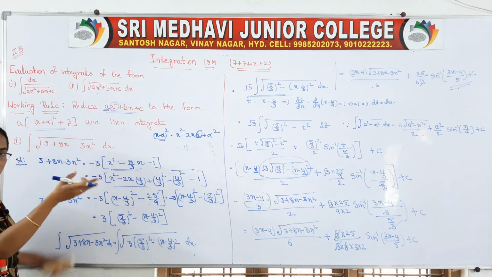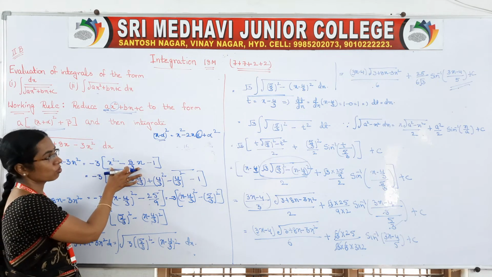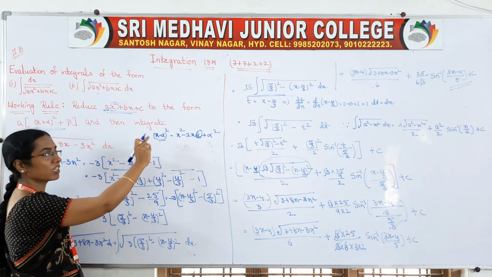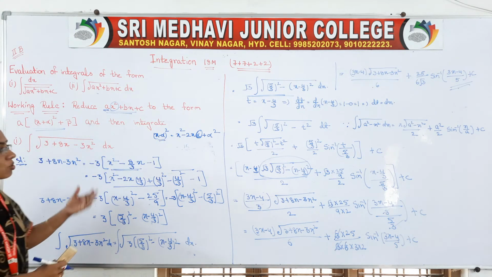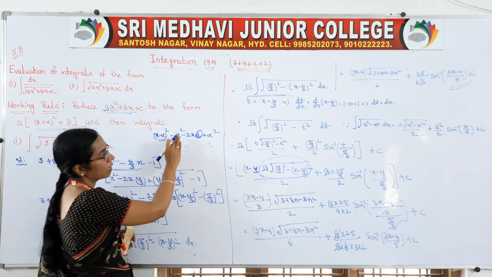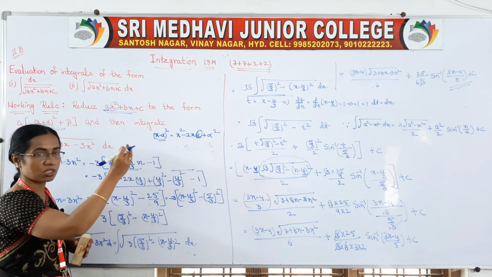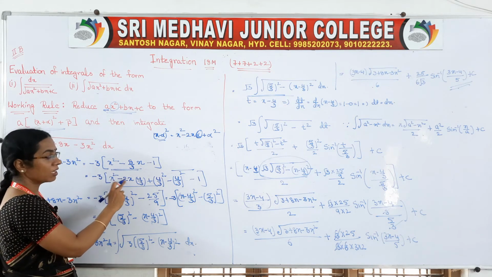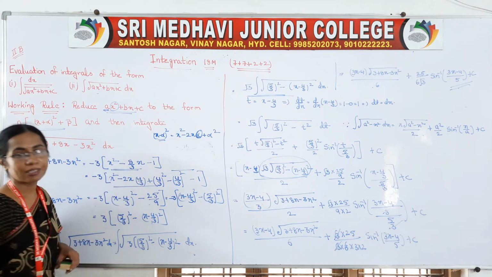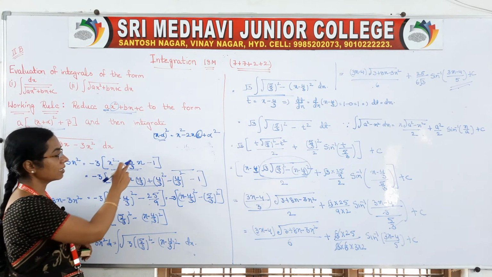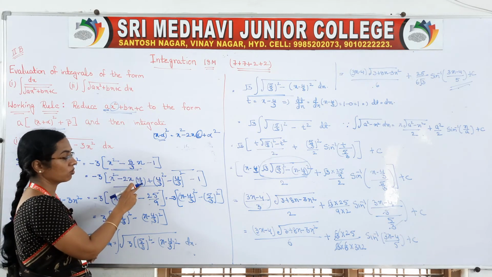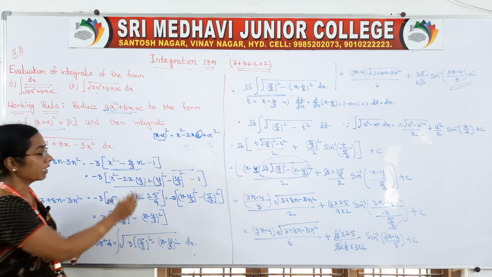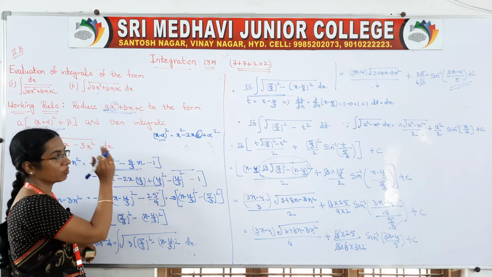Next, with the values inside the brackets, the first two terms we have to get here, minus is there. That's why it should be in the form of x minus alpha whole square. So for that, what are the terms? x square minus 2x into some value, plus some value whole square. So x square is there and you write minus 2x, then you balance for the alpha. How will we balance? It is 8 by 3, 2 is taken, so you take 4 by 3, 2 4s are 8. So in the alpha place we have 4 by 3, and we need alpha square.